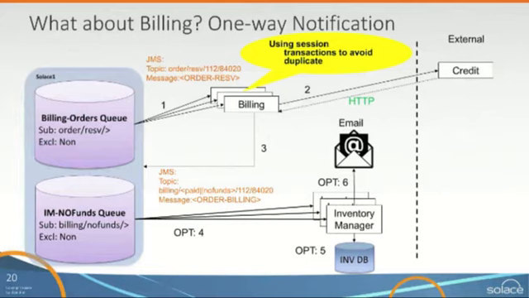So for the period from when billing had denied the credit charge to the time in which the inventory manager releases the product, we're actually in a bit of an inconsistent state. But eventually, the inventory manager will unreserve that entry in the database, and then we will become consistent. So anyway, good example, I believe, of eventual consistency. So next up is